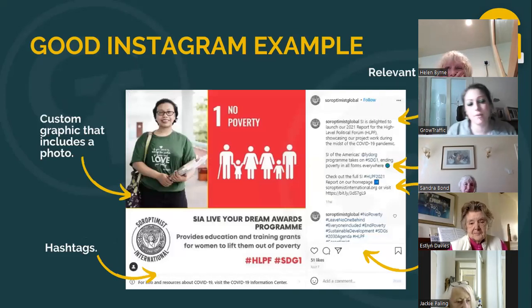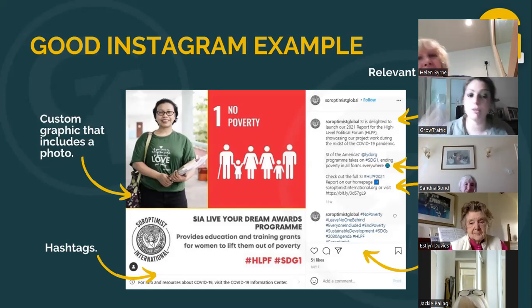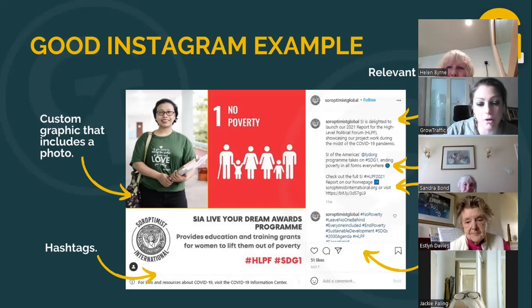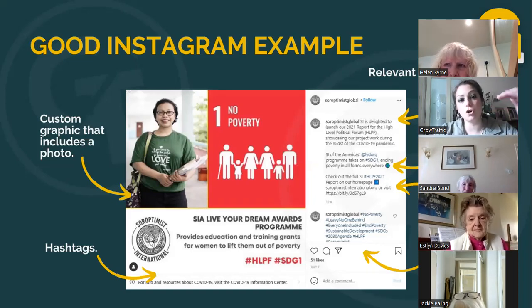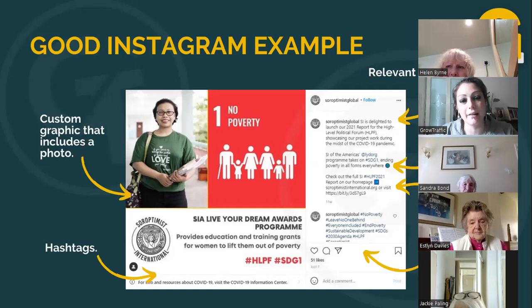Whereas this is a really good Instagram post. So again, we've got a fact, we've got a good graphic that can be shared. Somebody could take that, save it to the phone, share it on Facebook, Twitter, wherever. So it's a really good graphic that they've used. A photo of a human smiling at the camera, that's always the holy grail. They've used relevant hashtags as well, a couple of different ones, and there's some more down on the right hand side there.